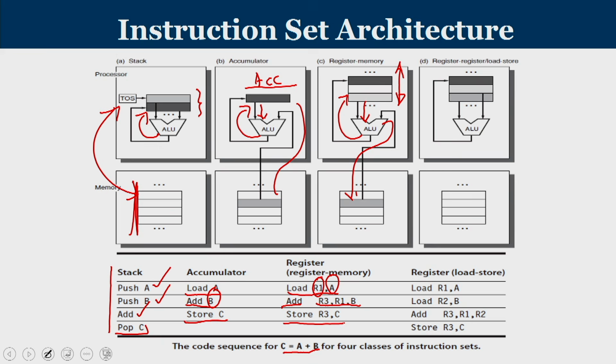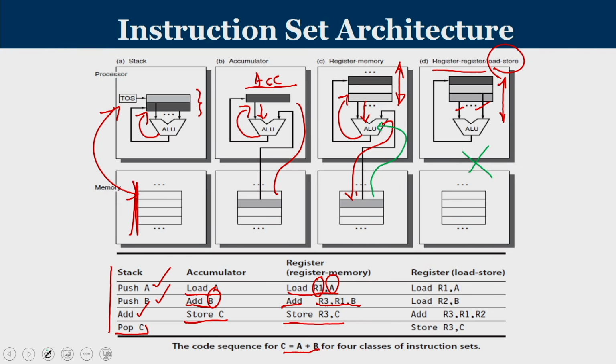Moving on to the last architecture, it is known as register architecture or load store architecture. Here also we have a couple of registers inside your processor, but the ALU is connected only with these registers. The ALU is not connected with any of the memory locations like what we have seen in register memory architecture. So, that is the basic difference between them. In the case of a register memory architecture, you have a path to the ALU from memory, whereas in this case such a path does not exist.